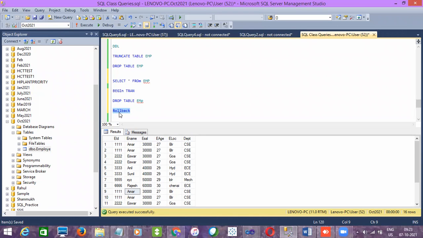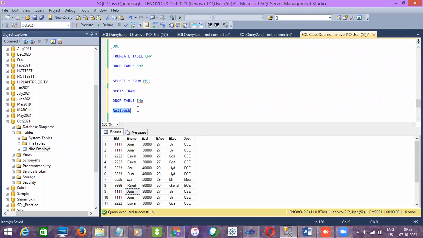Either the transaction should fully commit, or partial transactions it won't allow. Either the transaction should complete fully or the transaction itself should not be initiated. That is the rollback, right?